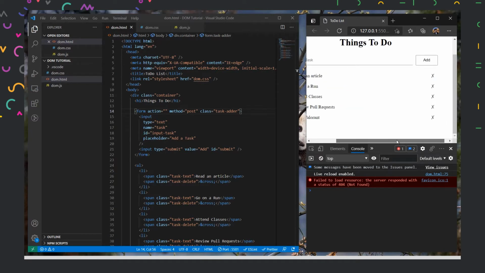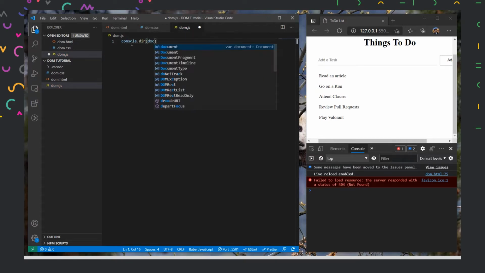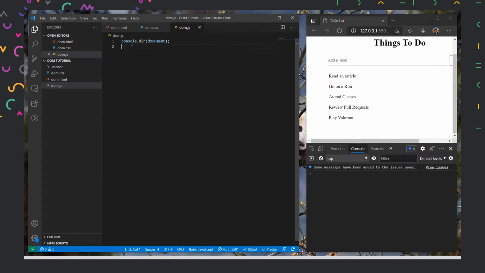And this will bring us our to-do list application, which we made earlier, with the background effects removed so that all the changes we make here are actually visible. Now, to see the document object model built in JavaScript, we'll use the command console.dir, and in parentheses, we'll give document. So this should give us a document inside our console. So let us do that.